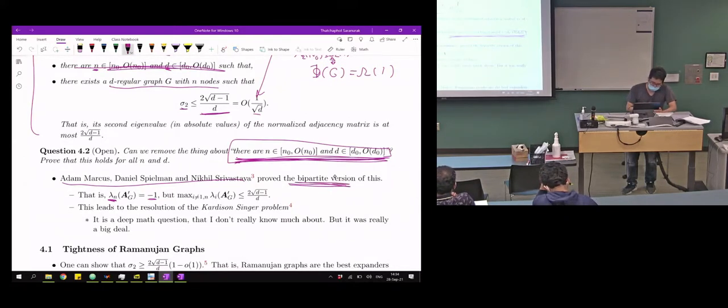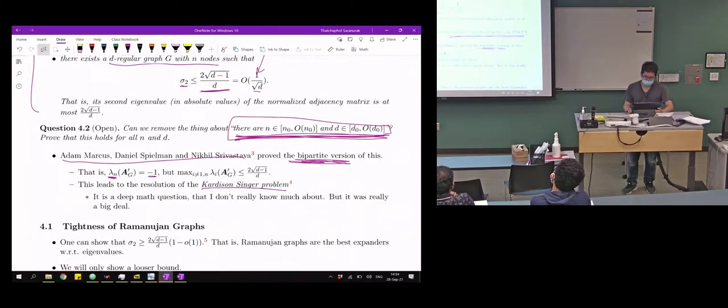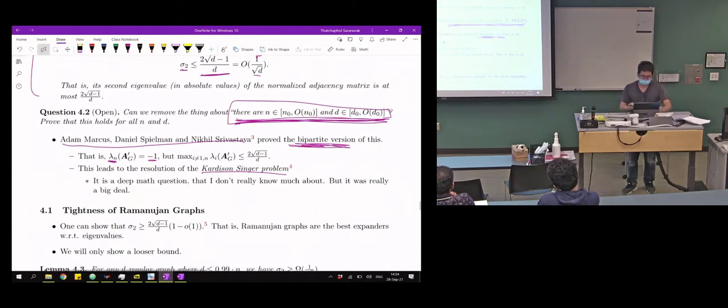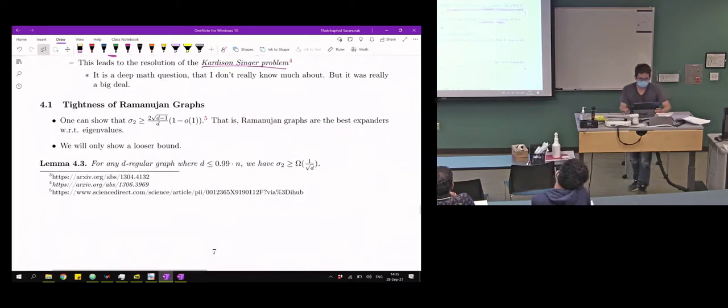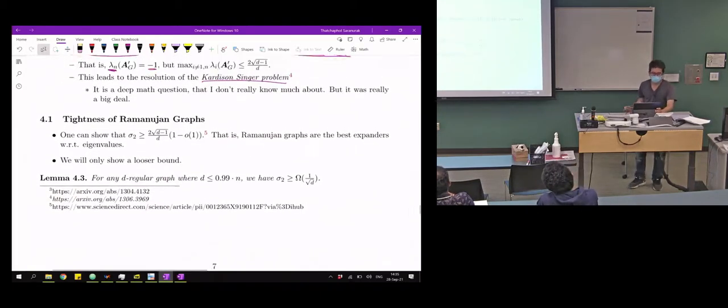I mentioned that people prove a partial result for this question for the bipartite case, and even that led to something very cool which I don't understand, something called the Cartesian-Singer problem. Some deep math question, but it's not a big deal. Anyway,